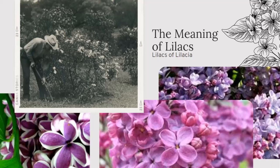Colonel Plum was very methodical in how he recorded everything about his lilacs. The easiest way to do that was if you have things in rows. And he was a collector. So he collected all of these lilacs. He kept records on them. He kept records on other lilac growers, enthusiasts around the country and around the world. He was well known. And when he died and it said to make a